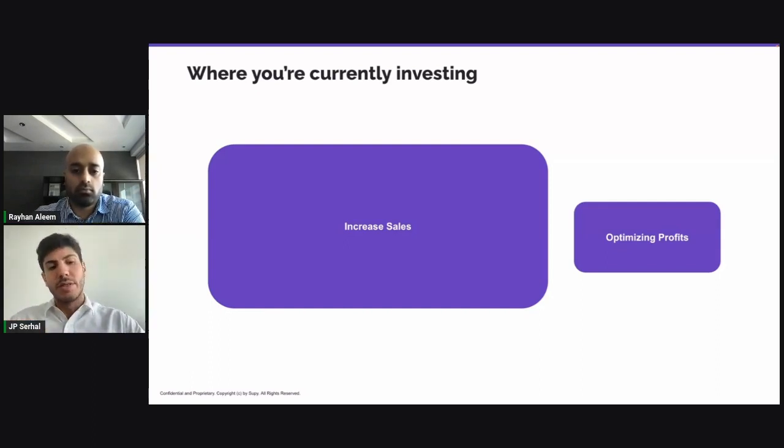Two, the tools that are available to optimize profits aren't that widely spread. Many of you, I'm sure, are familiar with POS systems or local players that are trying to get into the back of house, but they aren't quite there yet. They do sell those platforms, but the usage from what we've seen is still very, very low. One particular reason is that they don't specialize in optimizing profits. What they specialize in is helping you increase your sales.